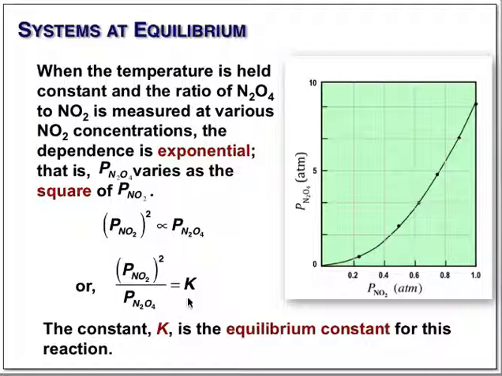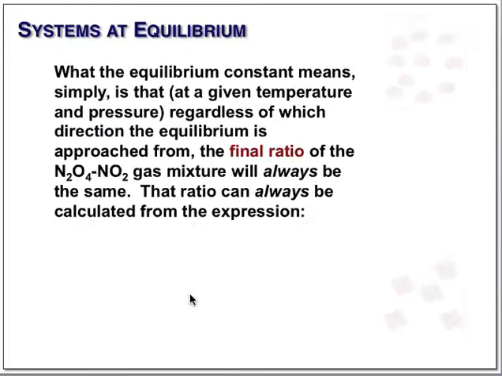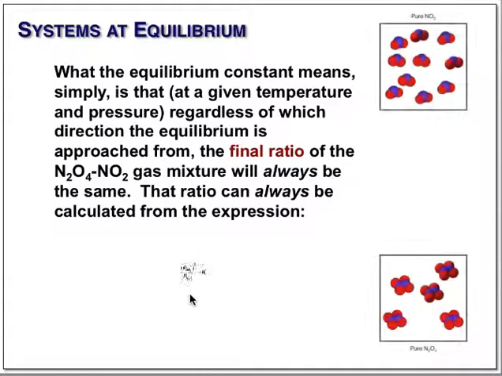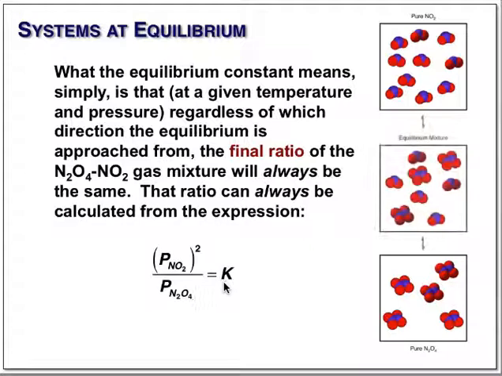This K, this constant, is what we refer to as the equilibrium constant for the reaction. The equilibrium constant for the reaction allows us to calculate the ratio of NO2 and N2O4 under any sets of conditions. This is a simple constant. Now, the process of linearizing the curve and coming up with a relationship